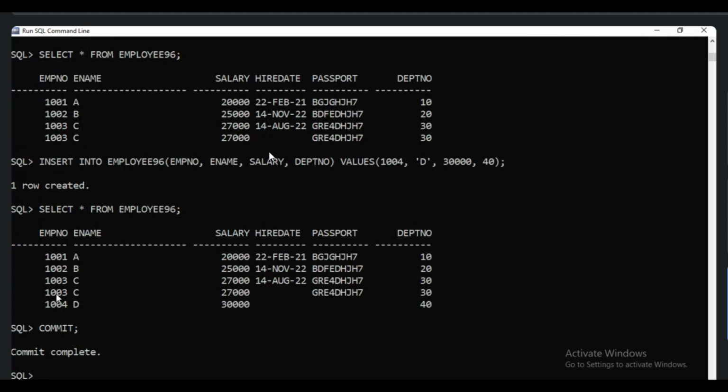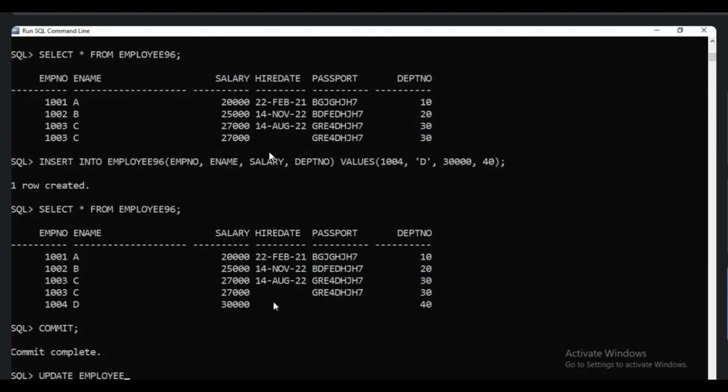For example, here there is null, okay, employee number 1003 is there. So I want to change the name, okay. Then 1004 is there, I want to change the salary, I need to update the salary to 2000, and I also need to update the hire rate. Salary and hire rate, both fields I need to update. So with the help of the update command, we can update not only a single column, we can update multiple columns at a time.